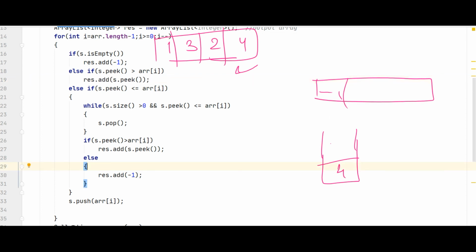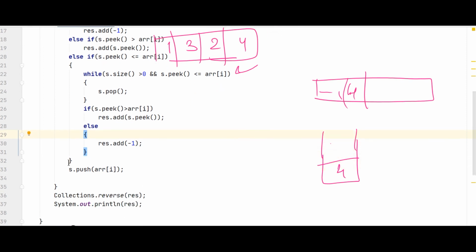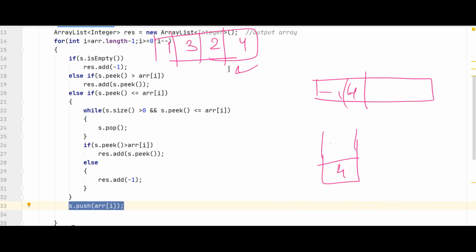Okay, so we will add 4. And now we won't go for other else if cases. Simply we will push our element which is 2 inside the stack.